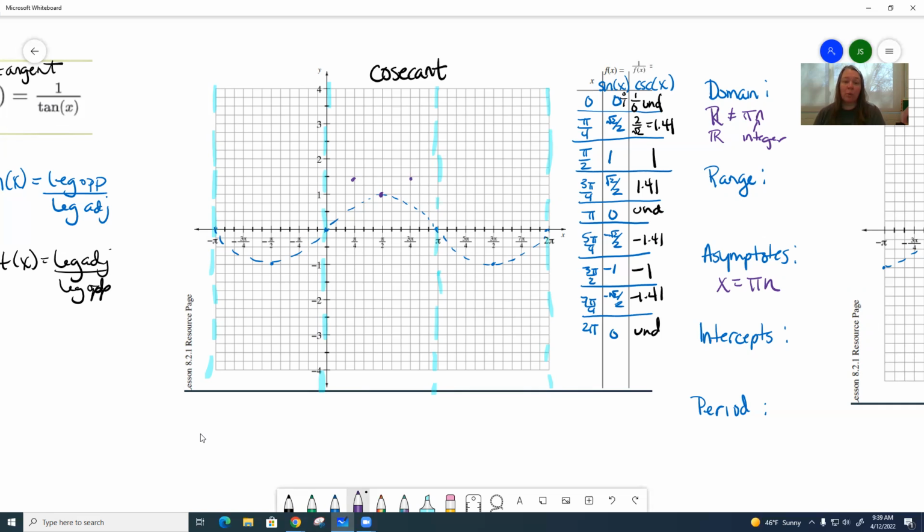If I were to graph more points, like if I were to graph at pi over 6, the sine is half. If I flip that, it would be 2. So what you end up with looks basically like a kind of parabola through here, getting closer and closer and closer to your asymptotes. All right, and so then if we go and graph in this negative region, so at 5 pi over 4,